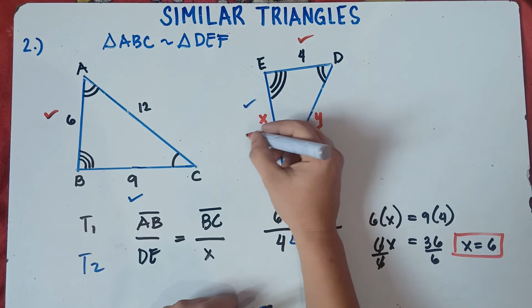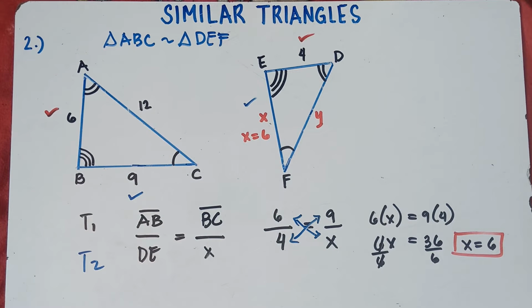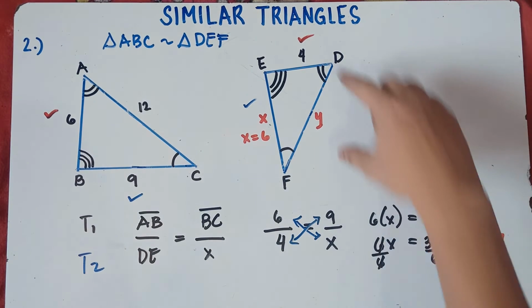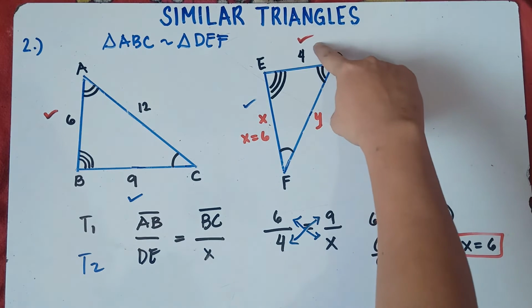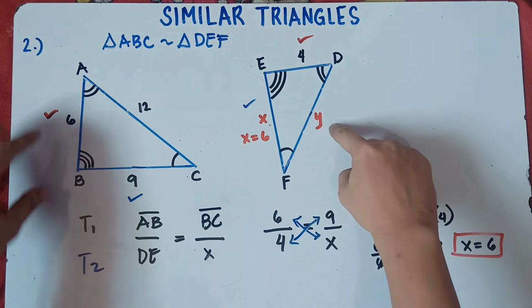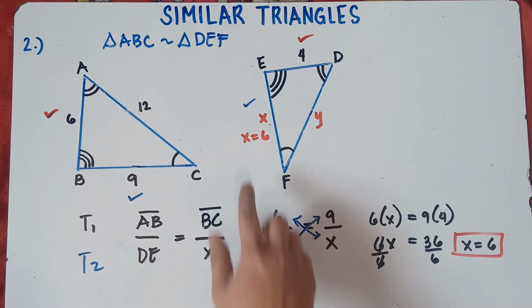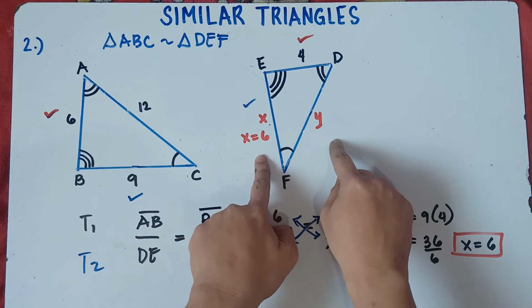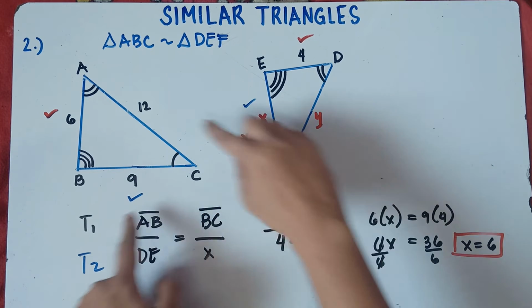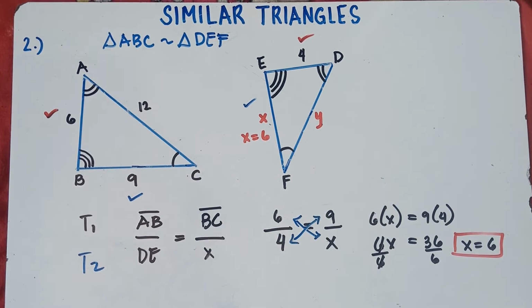Alright, so therefore this side is 6. X equals 6. And let's find the value of Y. So what will be the answer, class, for Y? So once again, you can make a ratio for this side, ED over DF, and that would be AB over AC. So you can do that one, class. Or since we already have the value of X, you can have these 2 sides corresponding to these 2 sides. So it's up to you. Which do you prefer? You can make many proportions, class.